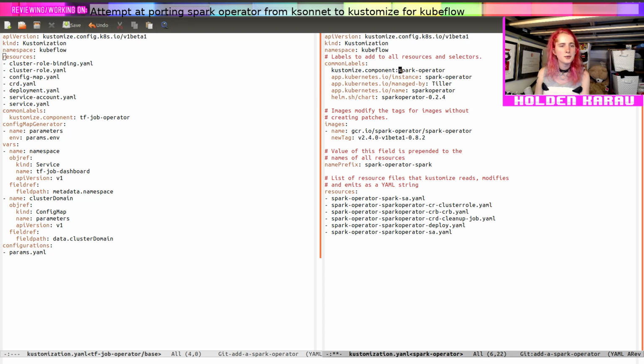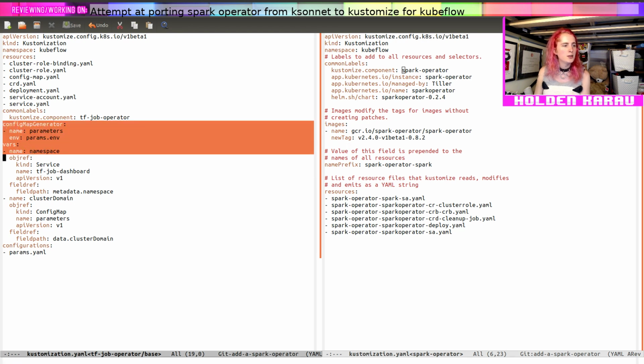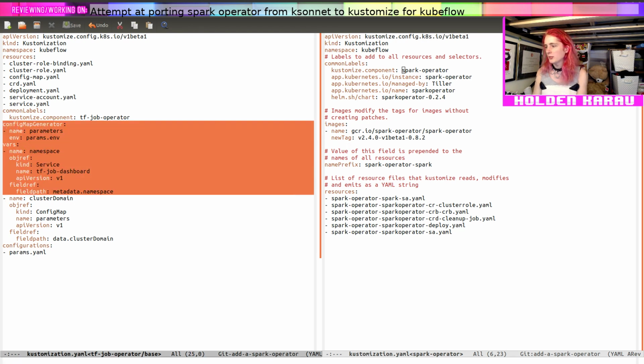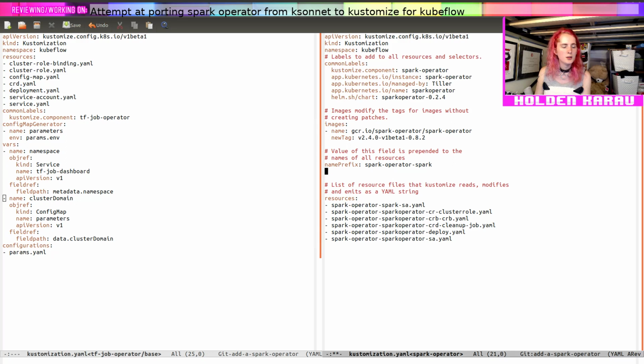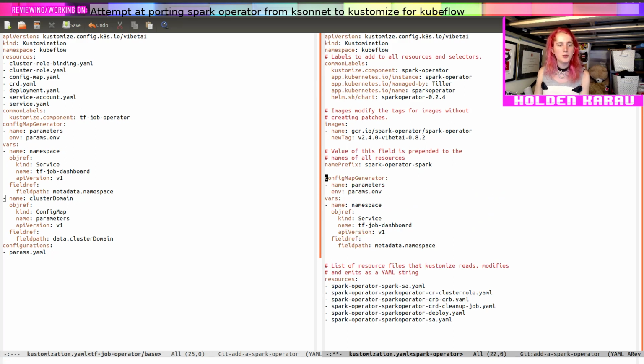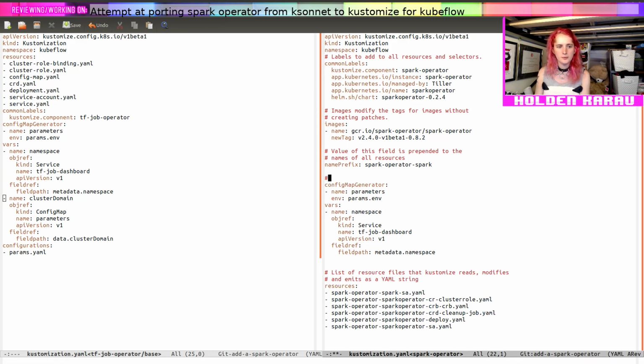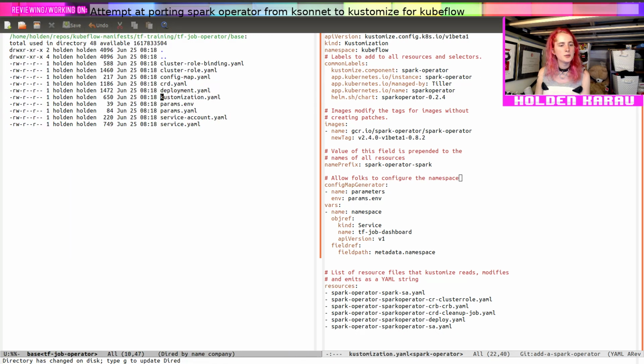Yeah, that sounds right. And we're going to want to have this part be configurable for now. Allow folks to configure the namespace of,